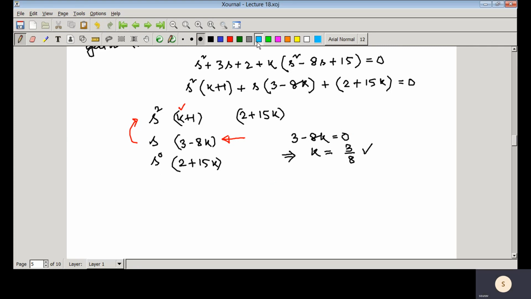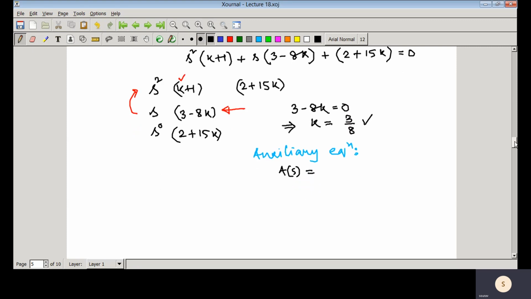So the auxiliary equation becomes, if you just replace that value of k, 11 by 8 s square plus 61 plus 8. And from this auxiliary equation, you can find what would be the